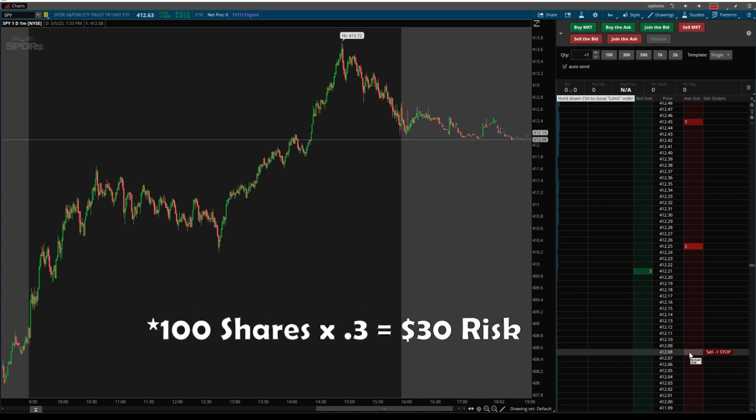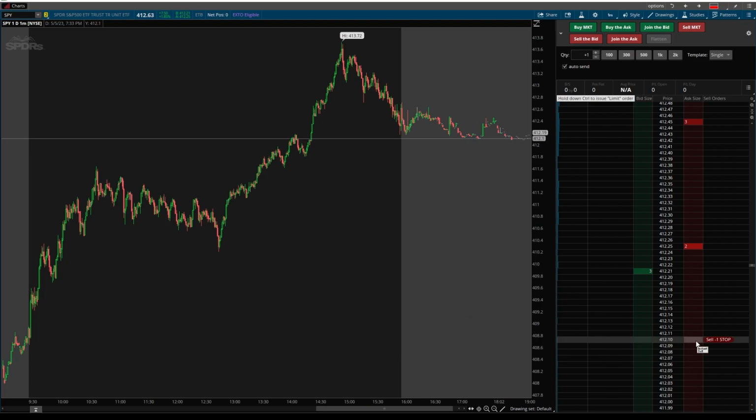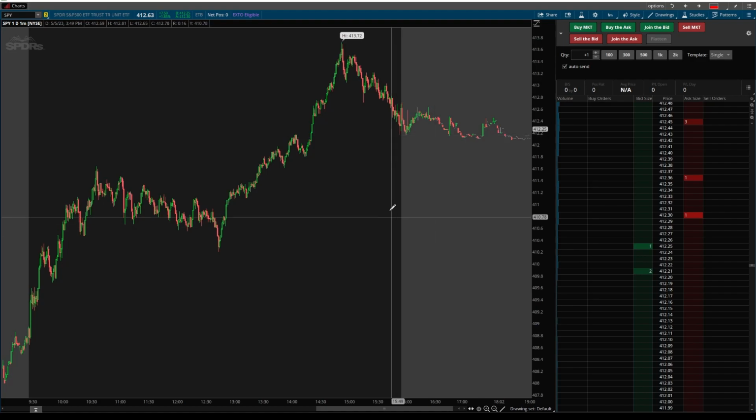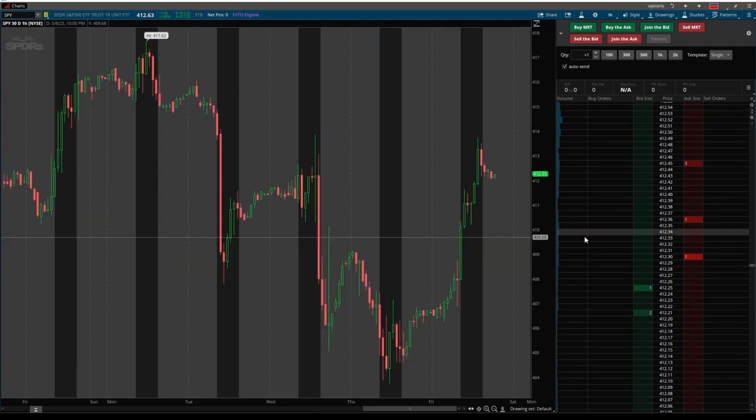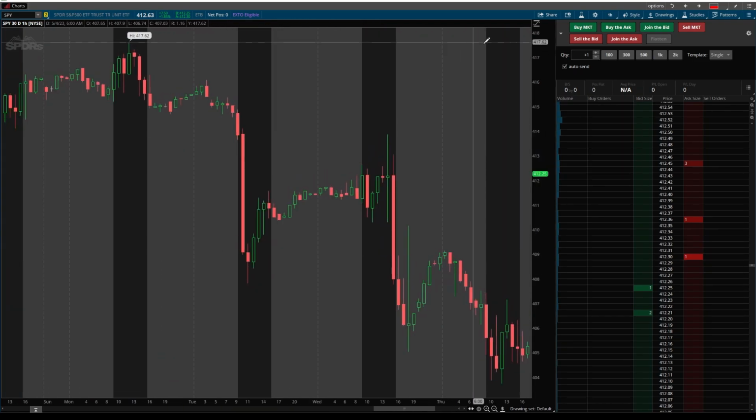If this thing blows by it and I don't sell exactly once it hits the point where I would be wrong, at least having a stop in will take me out no matter what at that point, or at least near that point if there's some volatility. But you know you're going to get taken out close to that zone. In comparison, let's say I just let it go through. Let's say this happened a couple days ago. Let me put this on just so you guys can understand what I'm saying. Let's say I was buying